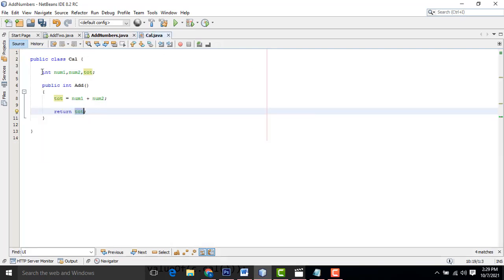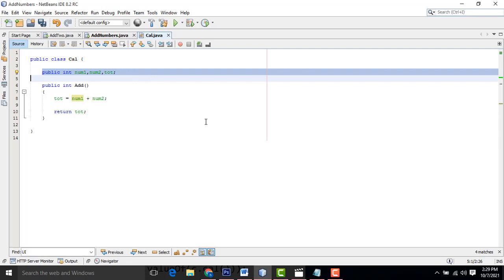Here we have to put the word public. Then all the attributes will be accessible for all the classes. If you do not put public before that access specifier, it by default takes private. Private means you can access this variable only inside the class, not outside the class. If you make it public, you can access it anywhere. So you can make it public.